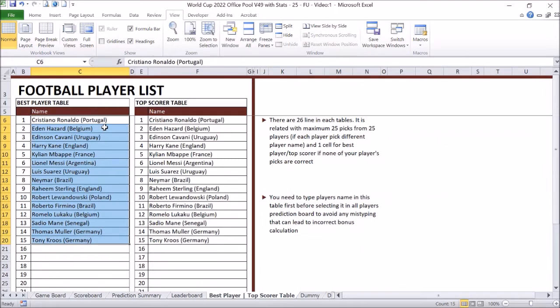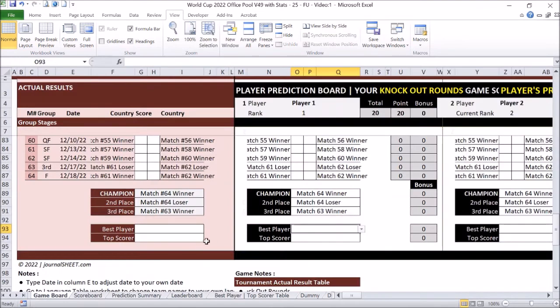You don't need to fill it in the beginning. This table is used only to make the selection consistent in the drop-down list that people can select from. For example, here Cristiano Ronaldo, Portugal, and then you put it in the game board here.